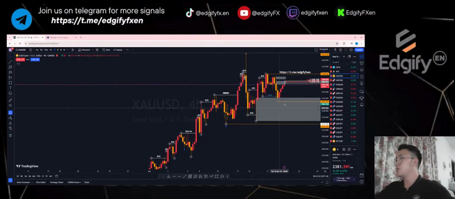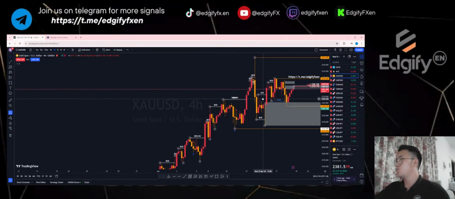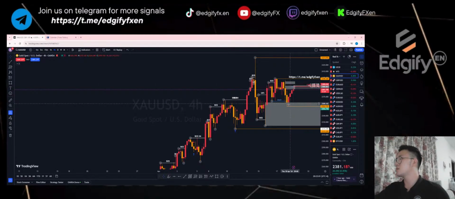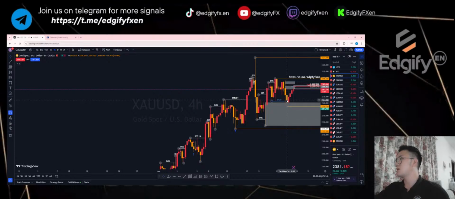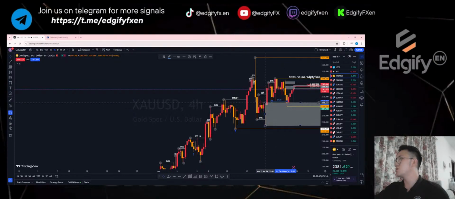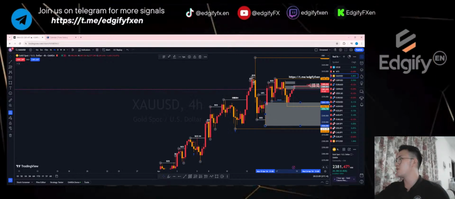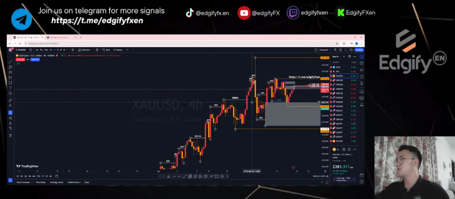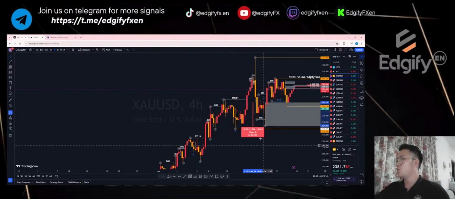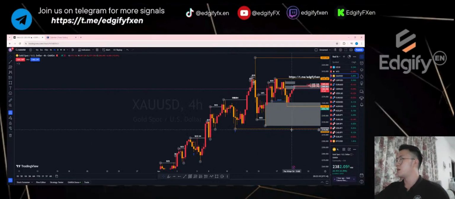Why I'm using this zone here is because we see this break here. This candle broke, it wasn't being mitigated yet until this happens, which is last night. This candle actually came back into this zone, which of course my zone is given at, let me just show you how many pips. It's a very huge zone, which is about 300 pips.